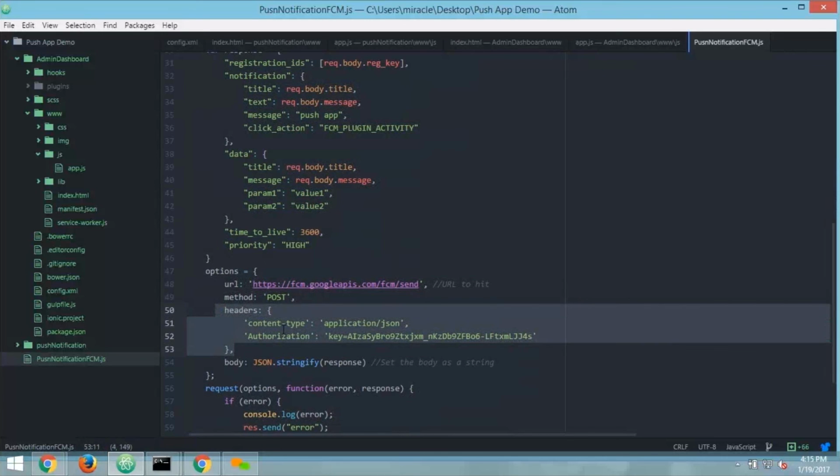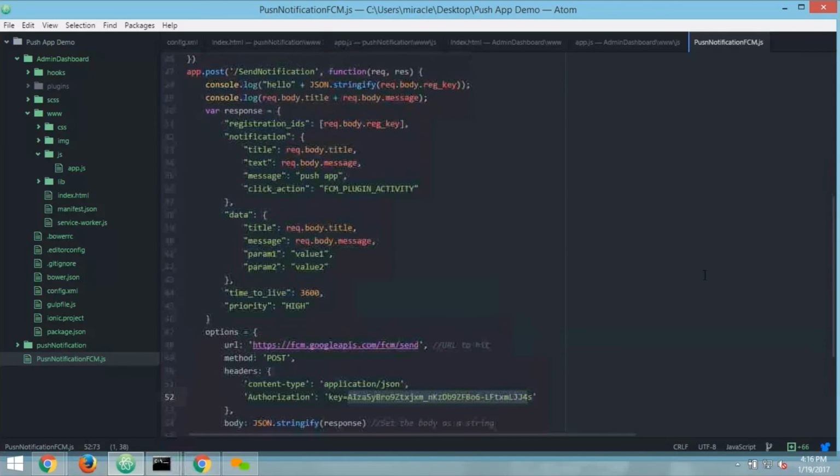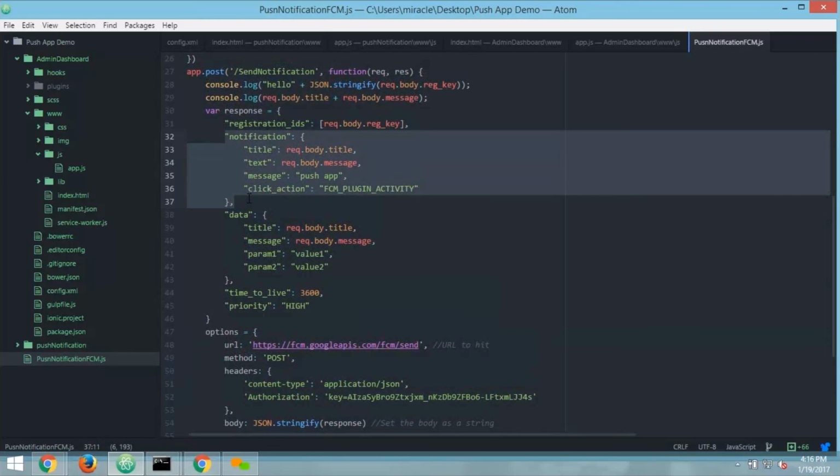One is the content type, another one is the authorization key. Where will you get this authorization key? Whenever you create an application in FCM, there we have the server key. This is the server key of your FCM project, and you need to send to this API the registration ID, what notification you want to send, and what message you want to deliver.